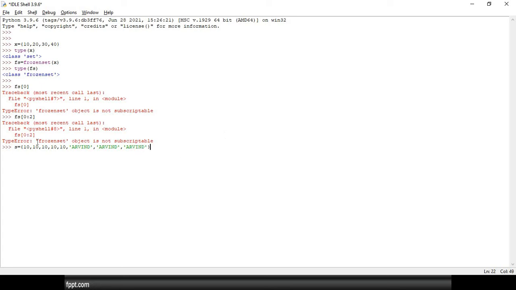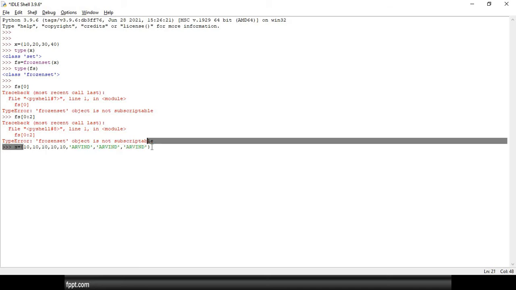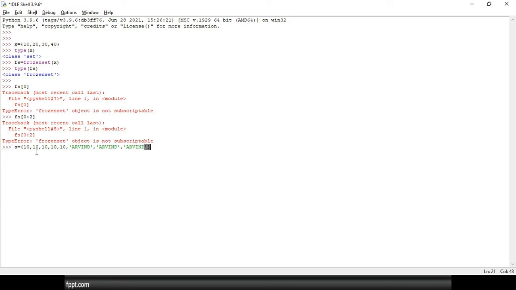When we store this group of values inside a list, all the information will be stored without removing the duplicate values. But when we talk about set and frozenset, we do not get any error. Make a note of that. It does not get any error, but internally it will remove the duplicate values.